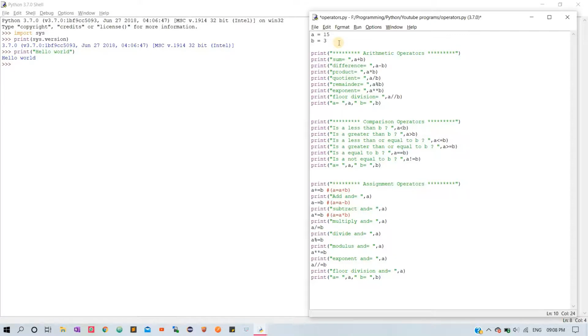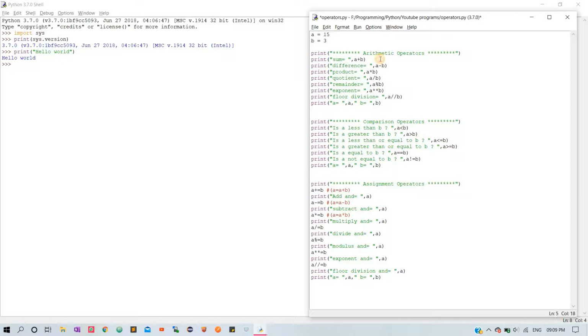In Python, if you set a equal to 15, by default it takes it as an integer. This is the major advantage in Python, which is called generic type. So if you put a equal to 15.3, it automatically assumes that the variable a is a float data type. So this is a generic type in Python.